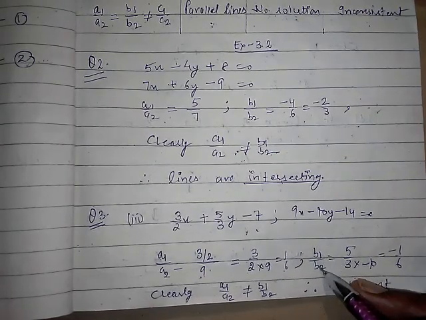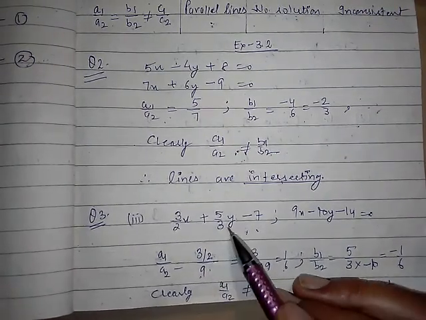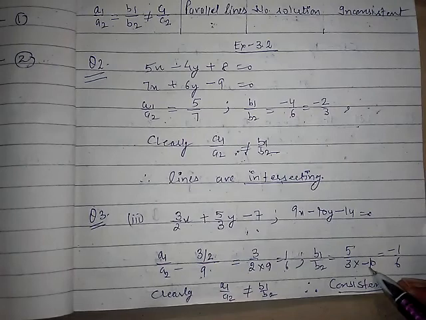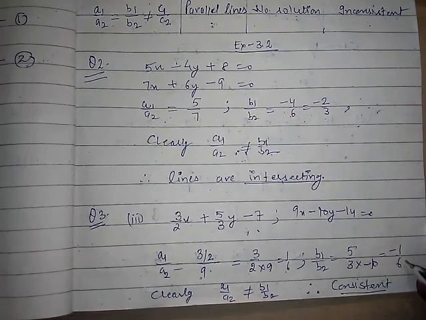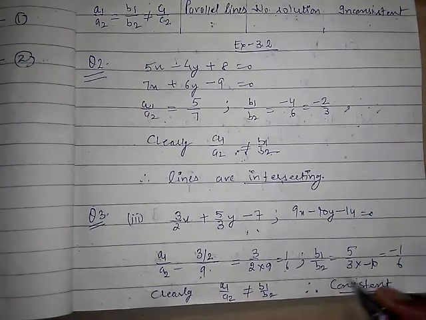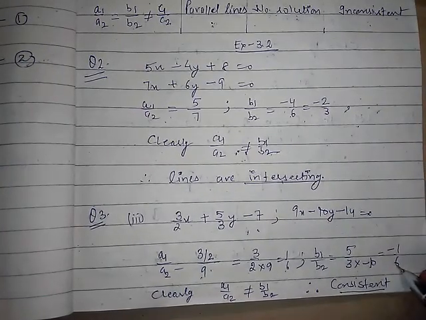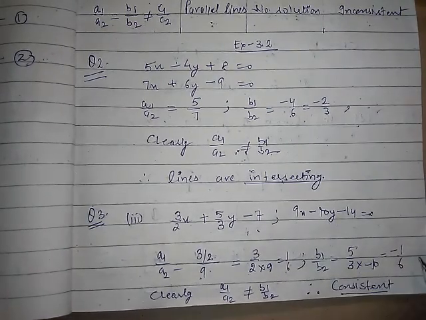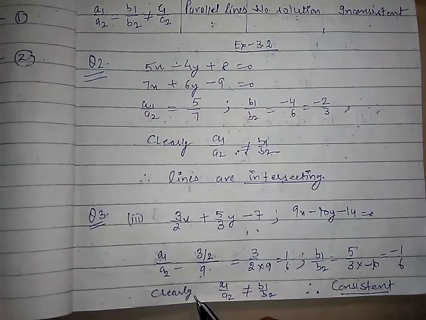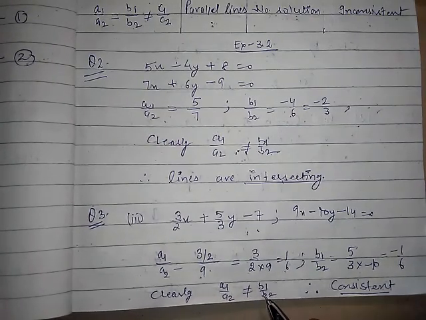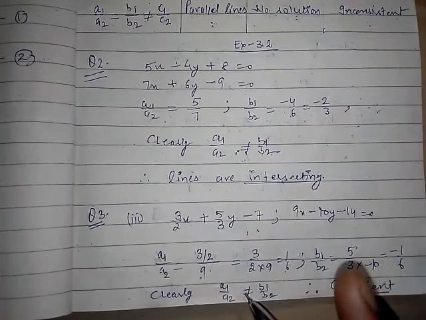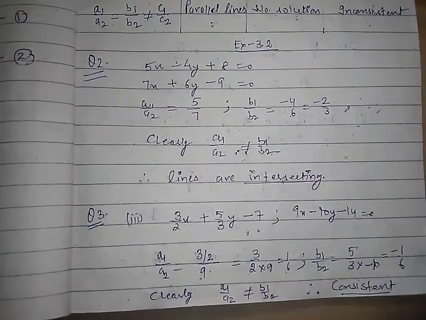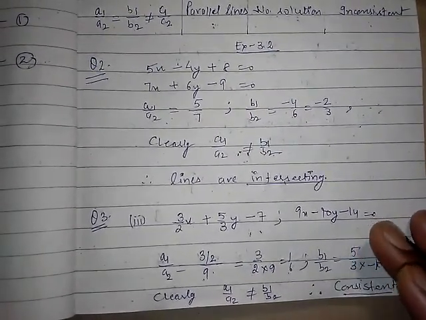Then in the same way find out b1 upon b2. If you have learned from here, then you can directly solve this. So directly I have written here 5 upon 3 into minus 10. So ultimately that will give you, after cutting, minus 1 upon 6. So it is clear from here: 1 upon 6, and this is minus 1 upon 6. This is positive 1 upon 6, this is negative 1 upon 6, and clearly they are not equal. So we can write down clearly a1 upon a2 is not equal to b1 upon b2, and this is which condition? Very first condition of the table, and this is consistent. Clear? So I hope you have understood how to solve these kinds of questions.